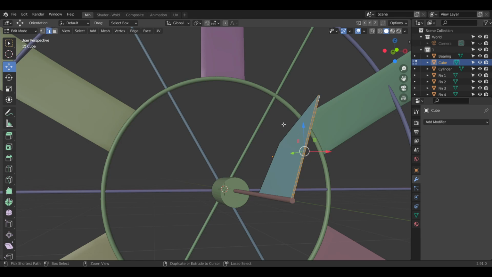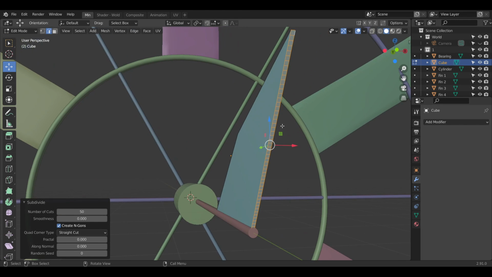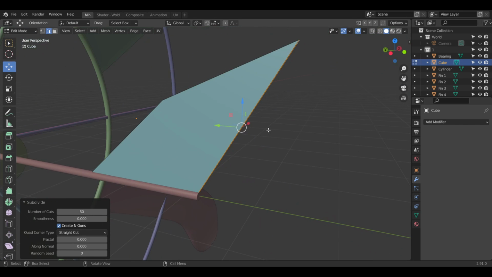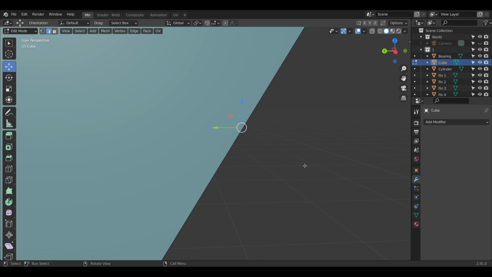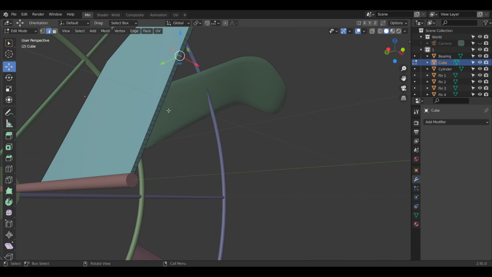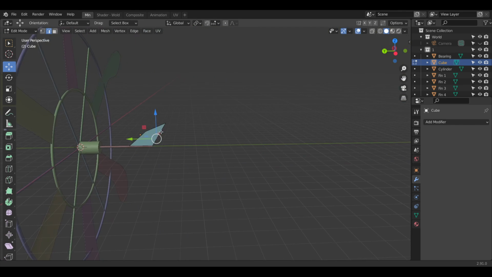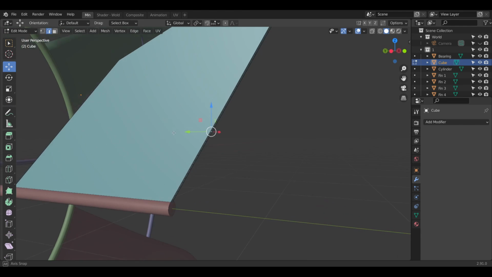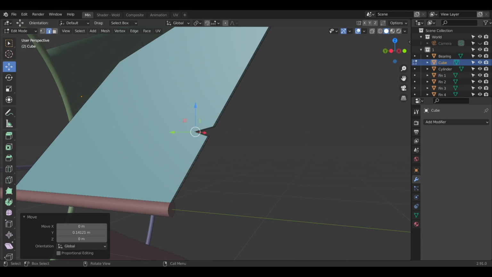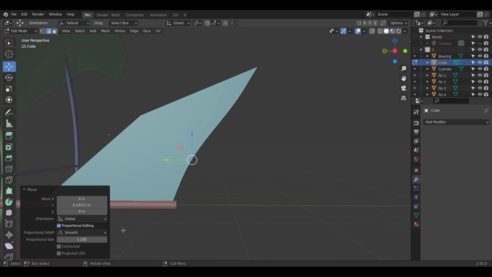Let's try doing this one more time. If I subdivide this like 50 times, right? That's ridiculous. I shouldn't have done that, but that's what we did. And if I take the bottom part of it, whoa, we're freaking out on our camera. If I take this and push that in and proportional edit it as a sphere,